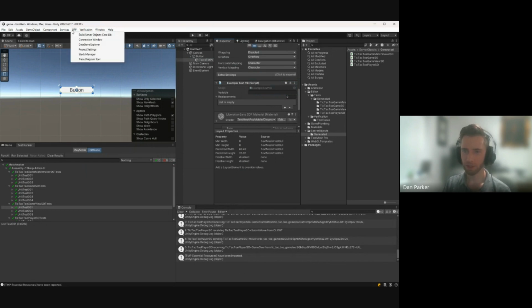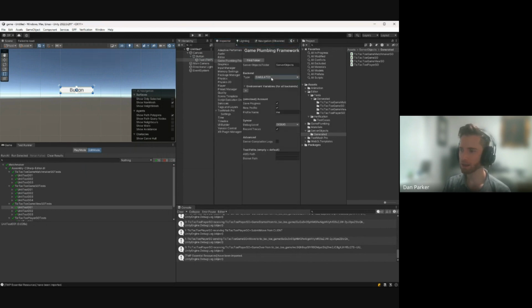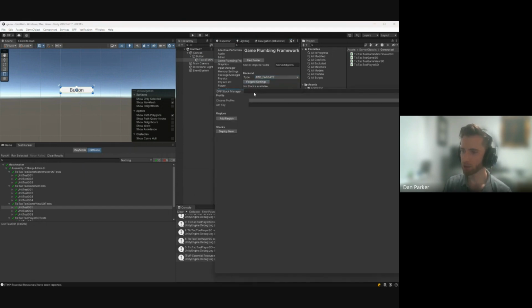you can go to the project settings, and you have a few different options as far as how you want the game to run. We do have a simulated backend that works for single player. So if you do want a single player game, that is possible. It will just run just fine. But we also have an extremely easy